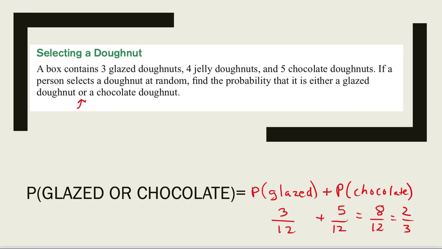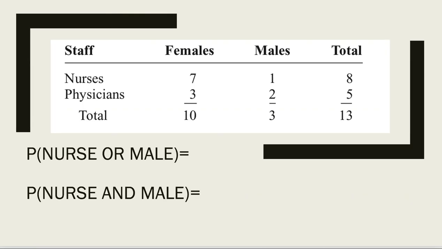All right, let's look at this one. This one is one where it is not mutually exclusive. We've got our "or" in between, but we know that we can have nurses who are males. So we have this overlap between these two. All right, so I'm going to write out this formula. I'm going to do the probability of choosing a nurse plus the probability of choosing a male minus the probability of choosing a nurse and